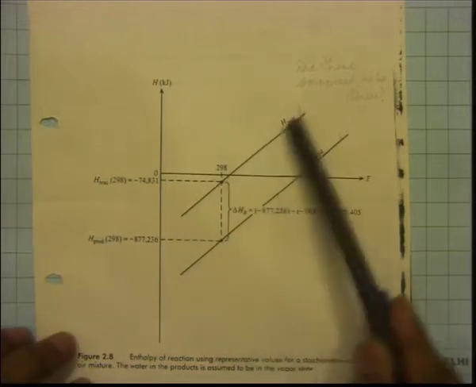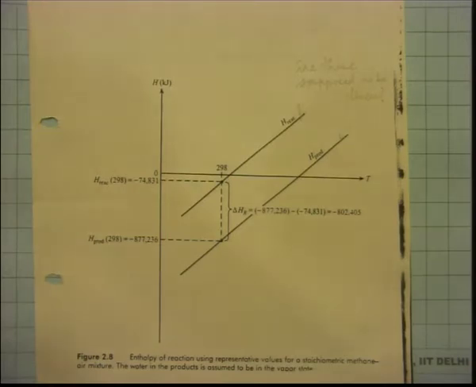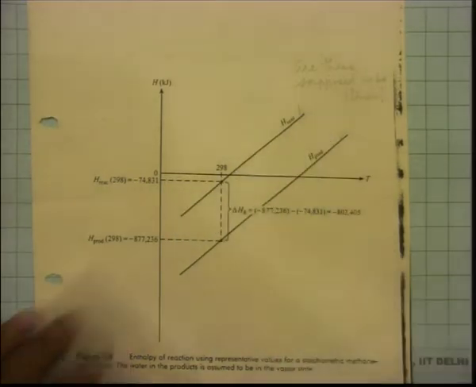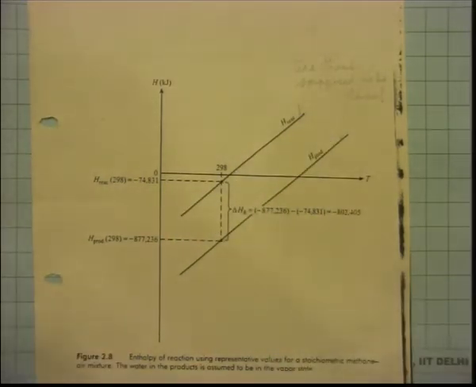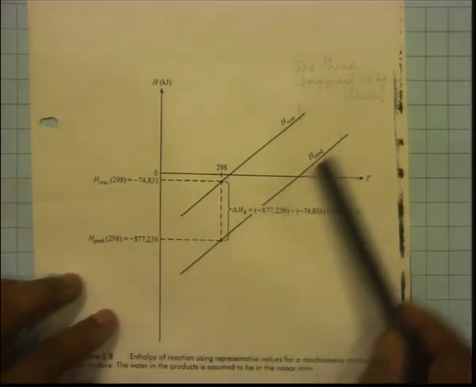One line is for reactants and the other line is for products, and the reaction that we are considering is a stoichiometric methane air mixture. Stoichiometric mixture, remember again what it is? It is the mixture which has a certain amount of methane, but a theoretically correct amount of air for that same amount of methane. So, for that methane air mixture the reactant enthalpy is plotted as a function of temperature. If you do that, then you get this line, and for products you get another line which goes like this.